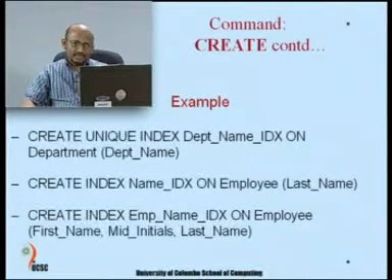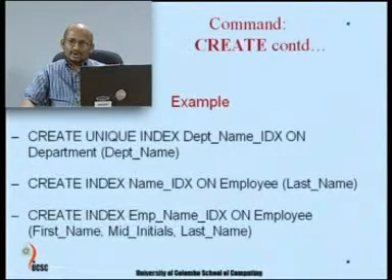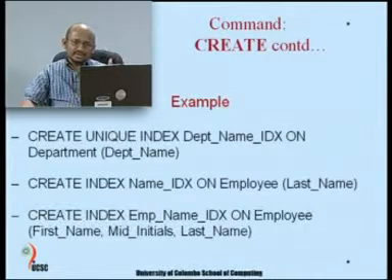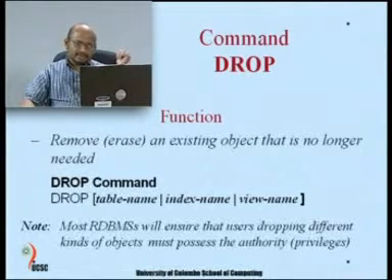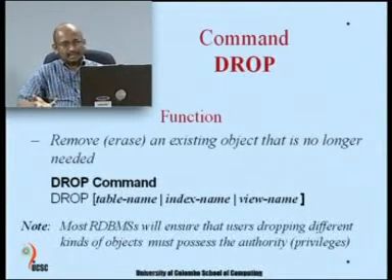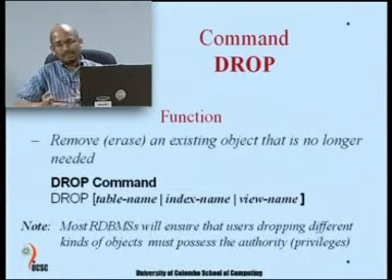like create unique index for department name. So, the name of the index file, applied on which table and for which column is what is defined. So, create index or create unique index depending on whether the index is unique or not, and then the name of the index constraint, and then it is applied to which table, which column. So, it is defined using on and the table name and the column. So, it can be single or multiple columns depending on how you want to use it, and you can easily drop it using just drop and the name of the index.